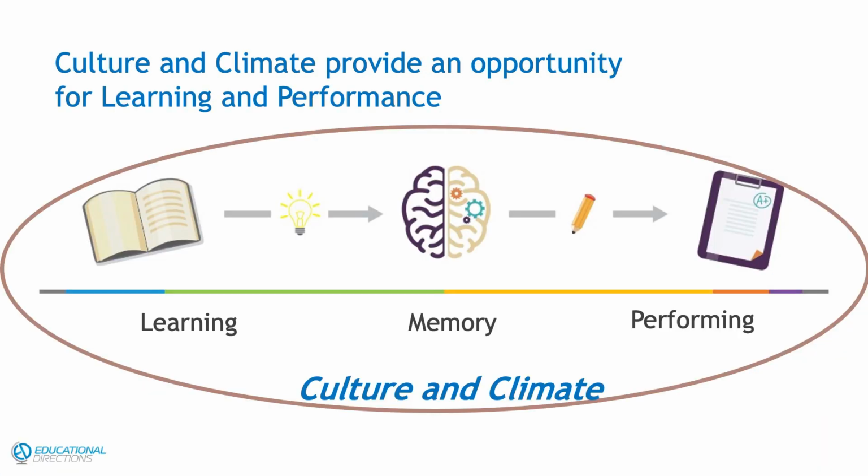So this is a simple graphic that explains our entire process of how we think students learn. It has to happen within a culture and climate that's conducive towards learning. Good learning has to happen, and learning being we are taking content and putting it into retrievable long-term memory. And finally, we can retrieve that long-term memory and perform with it at the level we'll be assessed. So we're going to break each one of these pieces into its own fundamental parts before we get into the just-in-time learner year process.